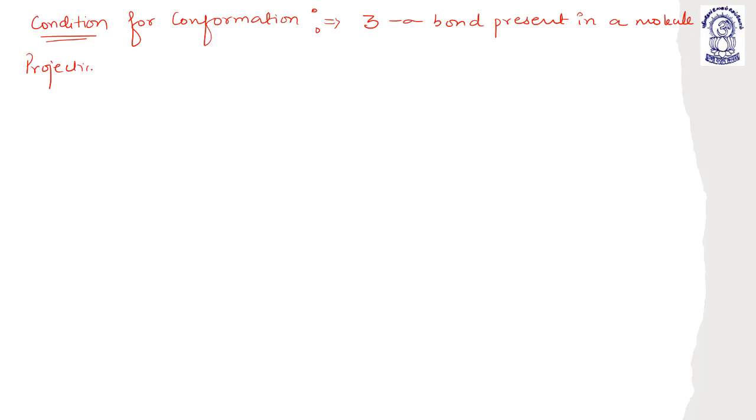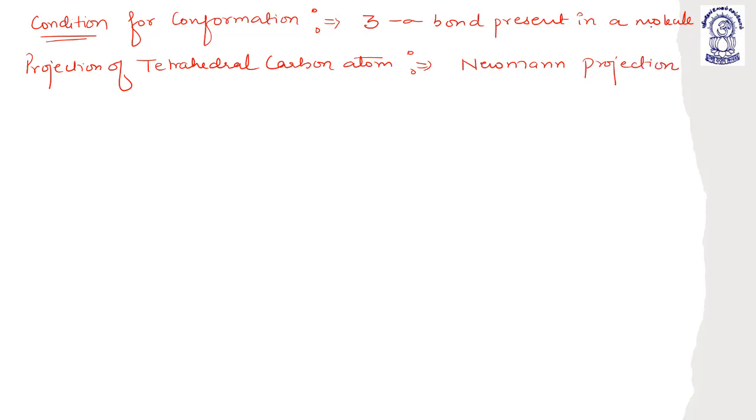Projection of tetrahedral carbon atom. There are two types of projections. One is Newman. So according to Newman projection,